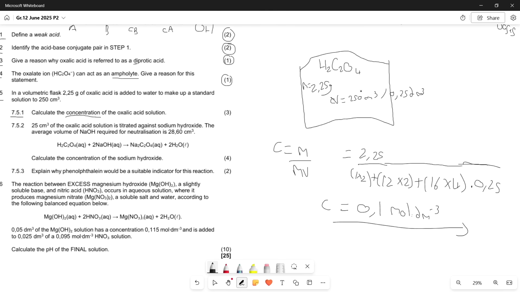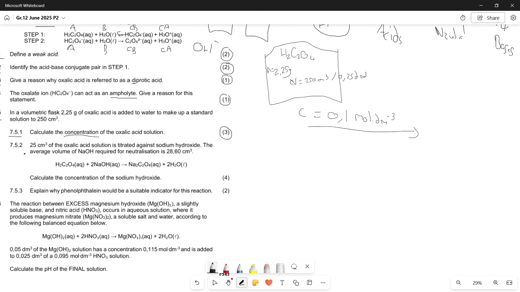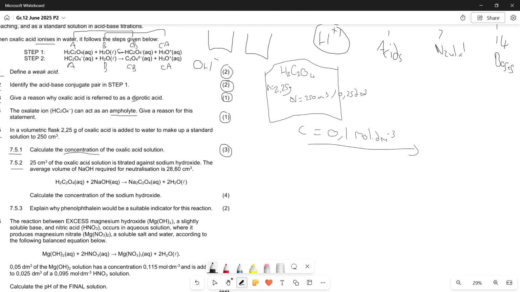Okay, so it's a little bit more diluted, like Oros and water, and that just earned us 3 marks over there. And then 7.5.2 over here says 25 centimeters cubed of the oxalic acid solution is titrated against sodium hydroxide. The average volume of NaOH required for neutralization is 28,60 centimeters cubed. So we have our